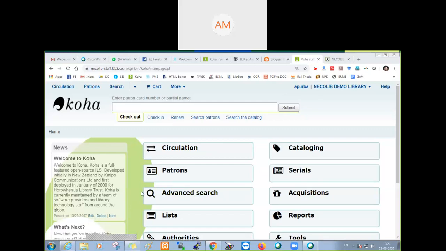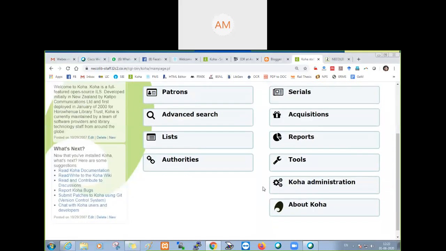So first we have created the library that we did yesterday, in the last class. We have created a user category that we also created in the last class. Now we will start with OPAC self-registration. The first thing is we have made the member number, that is member ID generation, automatic.